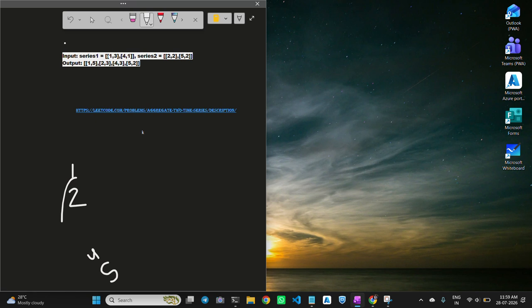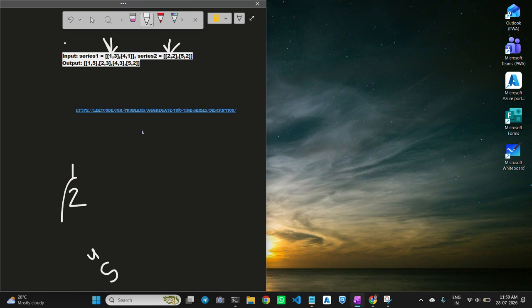What I am doing is taking two pointers. The first one will start from here and the other will start from here. Firstly I will check whether the timestamp at both the subarrays is the same or not. It might be possible that one is present here and one is also present here. In that case, I will be summing the corresponding values directly. But in this test case, one is only present in the first array.